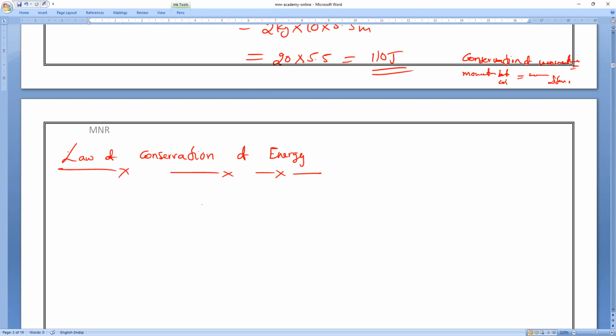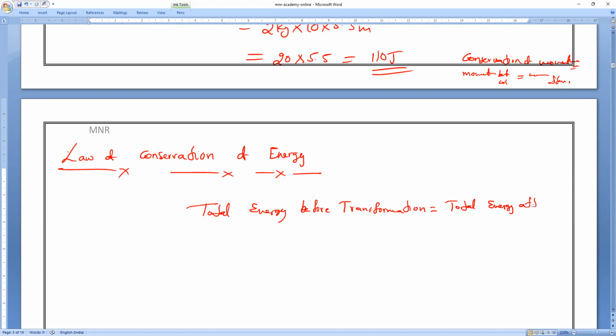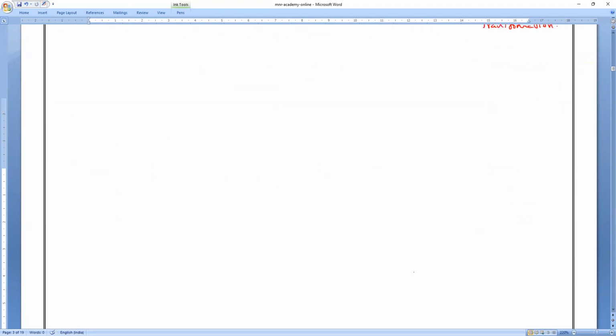Total energy before transformation is equal to total energy after transformation. So for example, if I consider any kind of free fall body, a ball is falling freely,